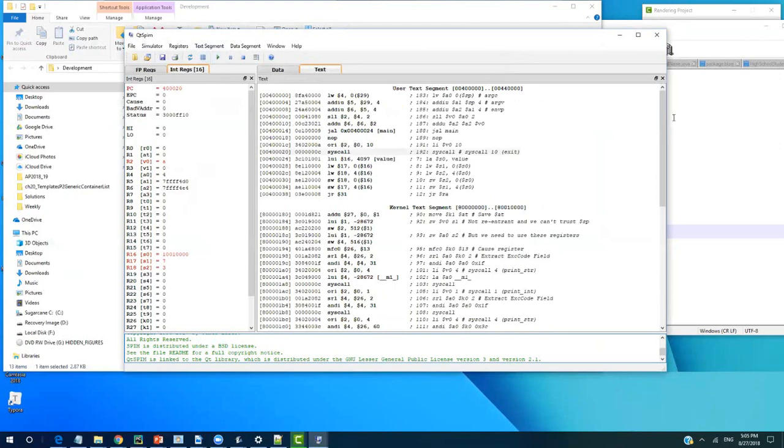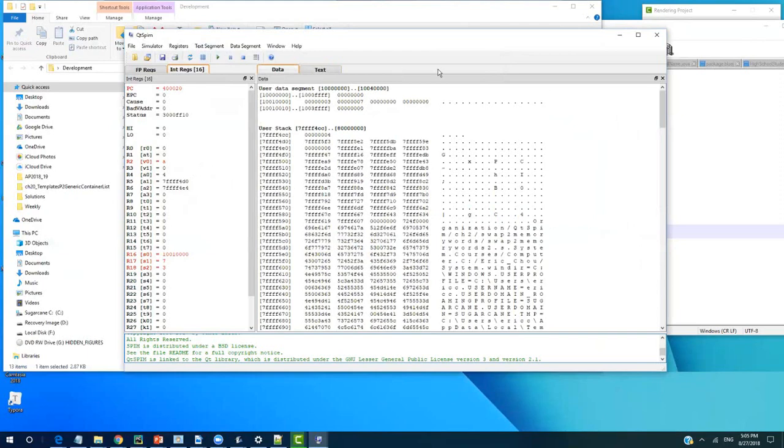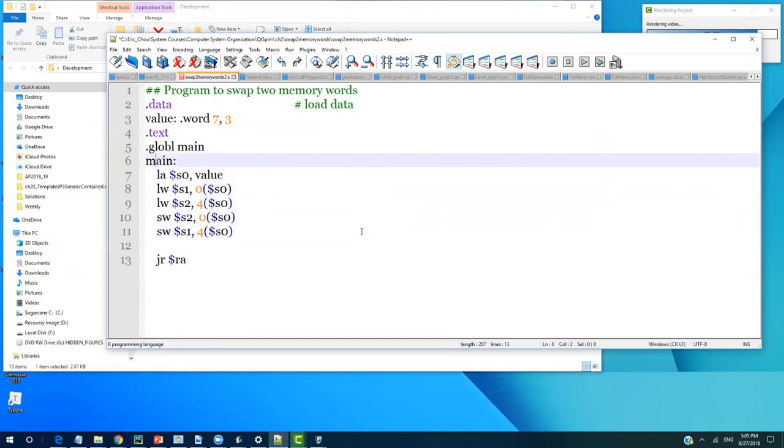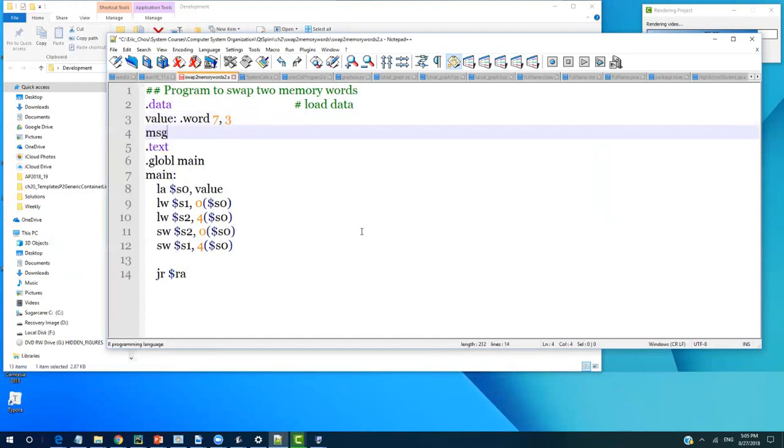Okay, and then let's look at data. Okay, it still works, right? Now what I need to do is I have the 2 ages in value, right? S0. So I set it back to that. So what I'll do is print out the message, right? So here, what I should do is message 1 .ASCIIZ